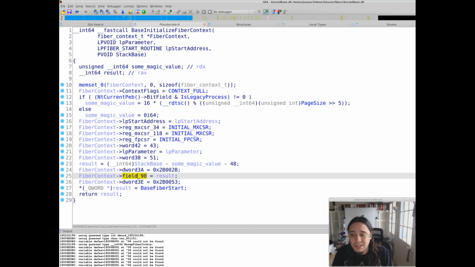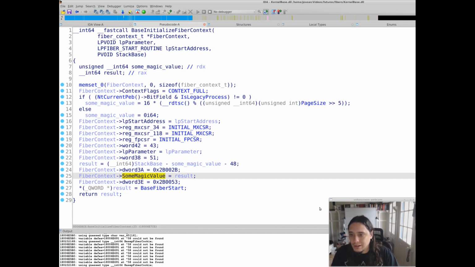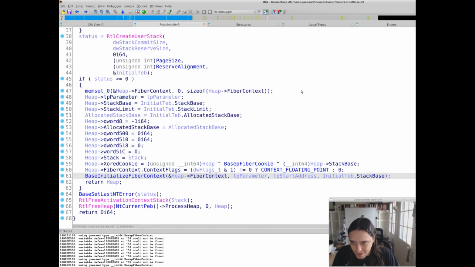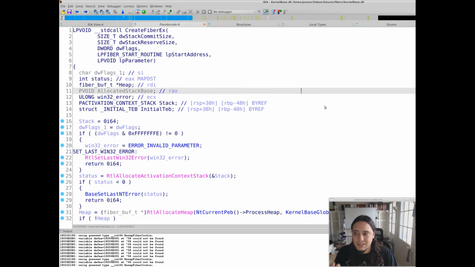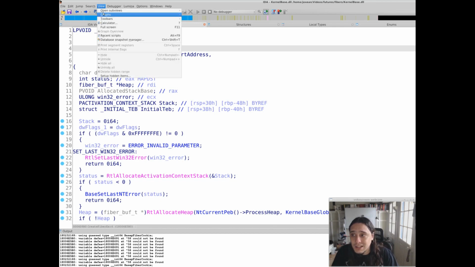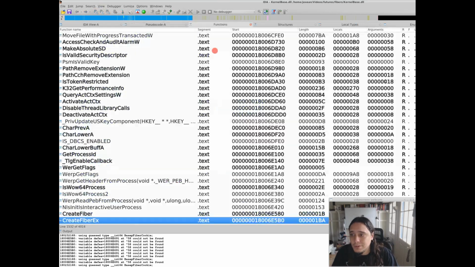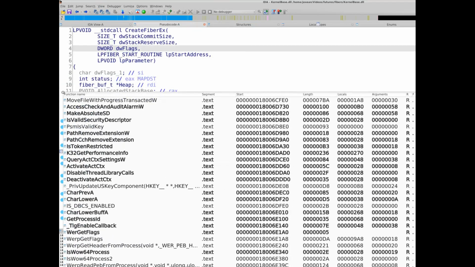Well, I think that now we are really done with these two functions, or better said, with the CreateFiber function. So what we are going to do now is find more interesting functions and see if any of them gives us more information about how fibers work. So View, Open Subviews, Functions, I'm going to put it somewhere here, give me a second. And here, press Ctrl+F,